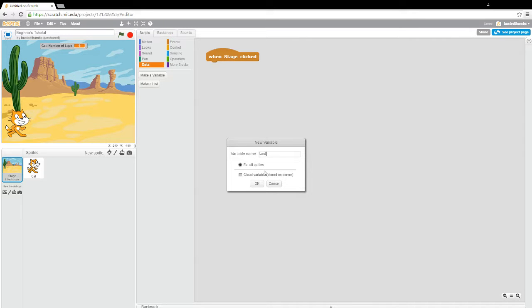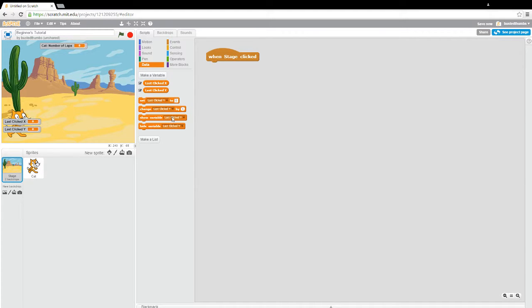So I'm going to type in "last clicked X" here, and then I'm going to make a second one called "last clicked Y", and make those both for all sprites, but I don't necessarily need to see them. I'm going to make them go away there. Now when the stage is clicked, I want to set the last clicked X and Y to where my mouse happens to be. So last clicked X, and we can get that